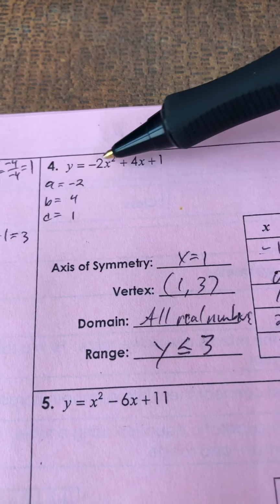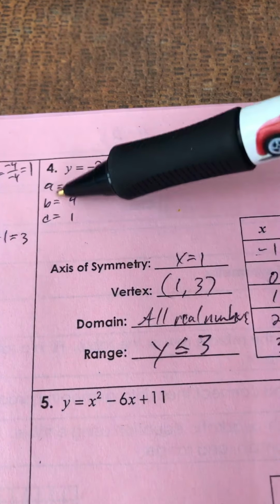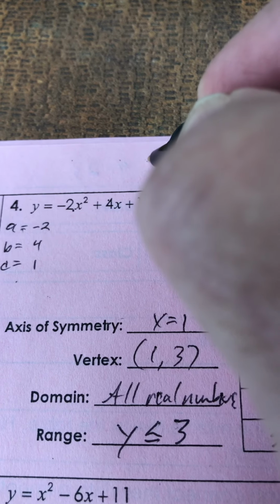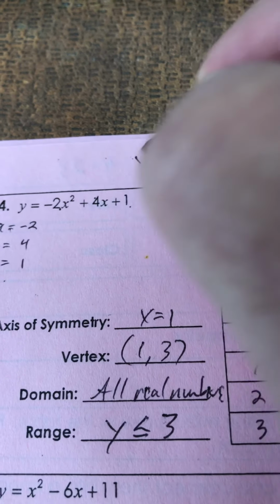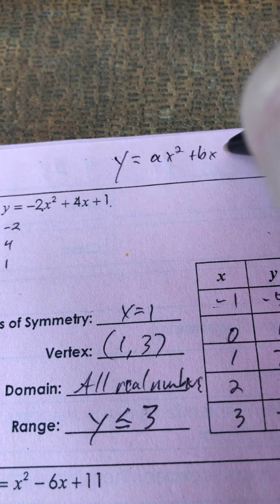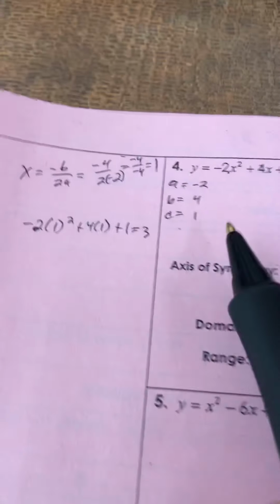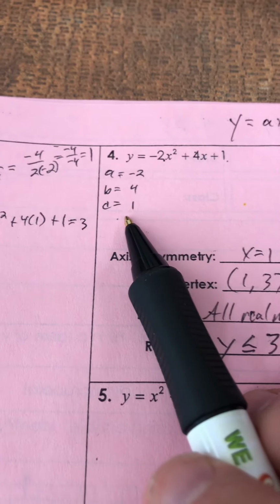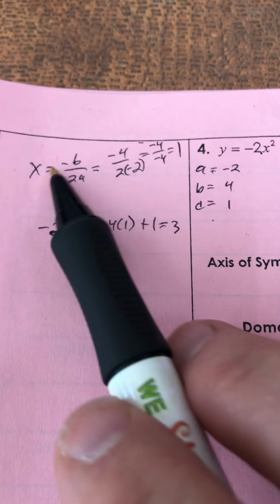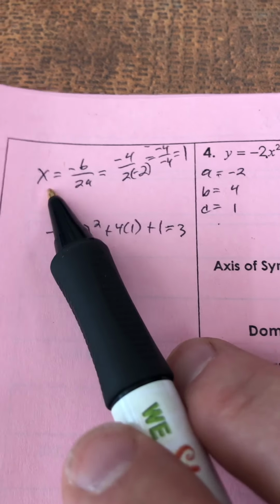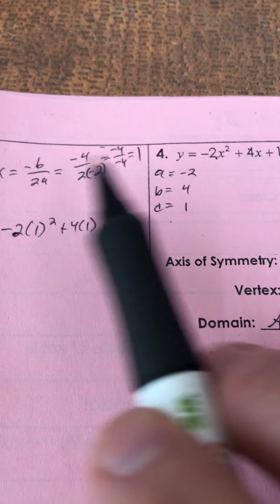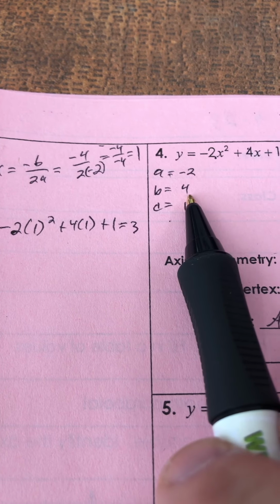we have A, B, and C that we're going to pick out of each problem. The standard form of a quadratic equation is y equals ax squared plus bx plus c, with that constant back there, of which we're not going to do much of anything with c right now. But we are going to do something with a and b in that vertex formula, x equals negative b over 2a. So I'm going to take my negative b,